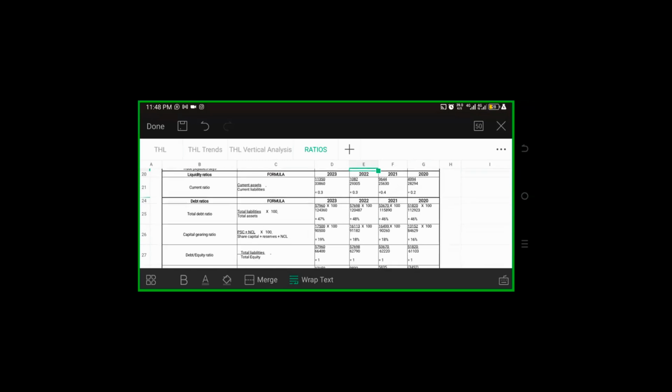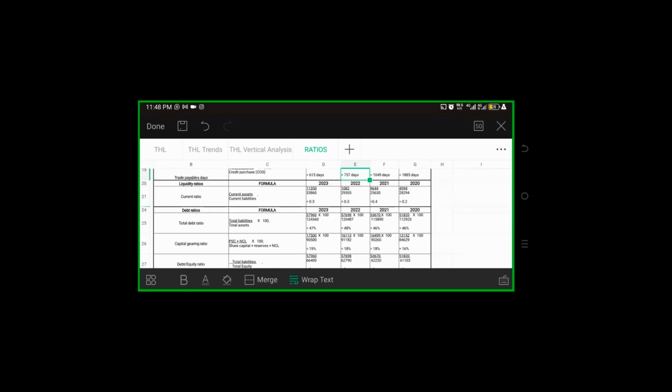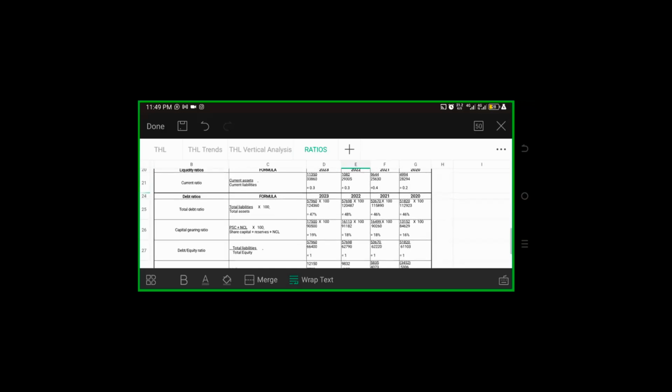Okay. Now, if you look at their current ratio too, just like someone said the other time, their current asset is very, very low. Here we should be having two, which shows that for every 1 naira of current liabilities, there must be 2 naira of current assets. But now the current liability is so much that the current asset cannot even cover one of it. So that's a sign of liquidity problem. It shows the company might have a liquidity challenge.